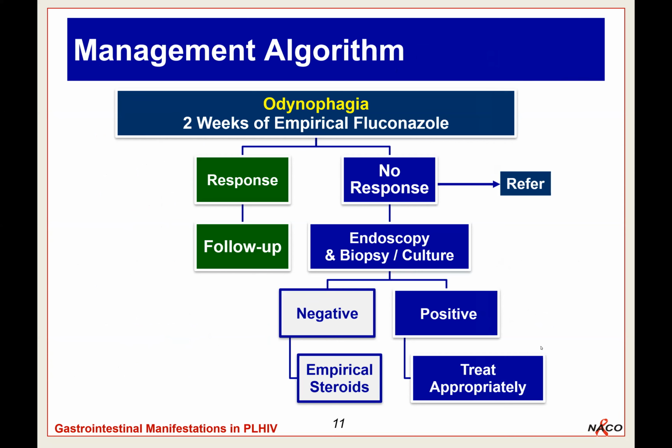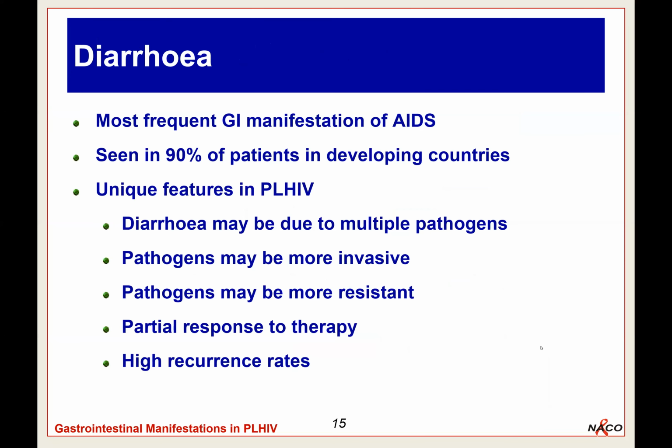If there is any conclusive diagnosis on biopsy, then you can treat with specific treatment. But if not, then you can give empirical steroid, or you may end up starting ART also in those patients. And sometimes with ART alone, it goes down. Diarrhea, there are a lot of organisms which are mentioned which can contribute to causing diarrhea, especially if the CD4